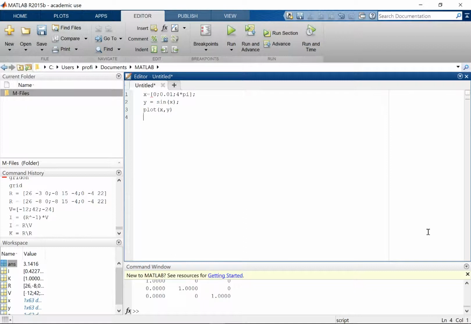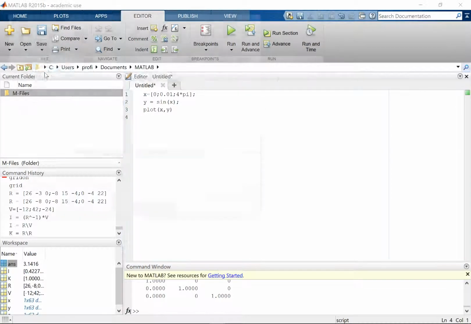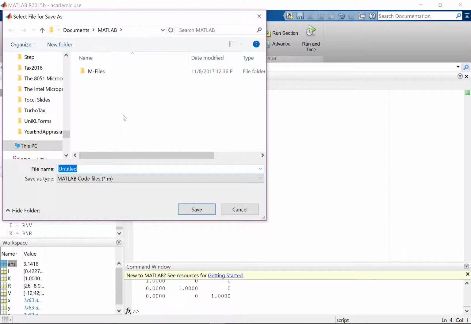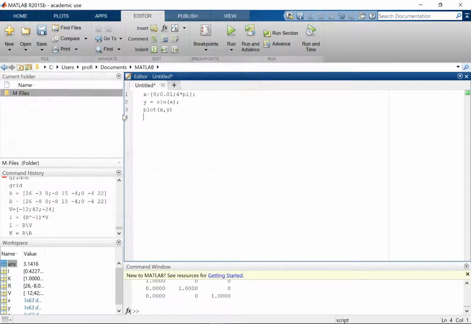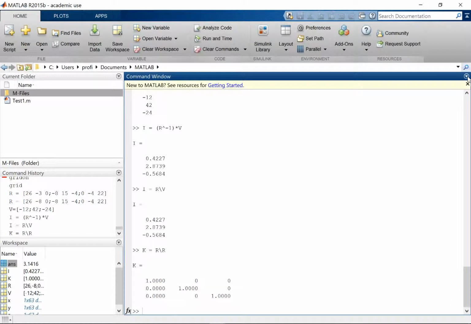And I'm just going to save this. Save as, M files, and I'm just going to call it test1. So I'm going to close this. Now test1 is part of my path. So if I just type test1,